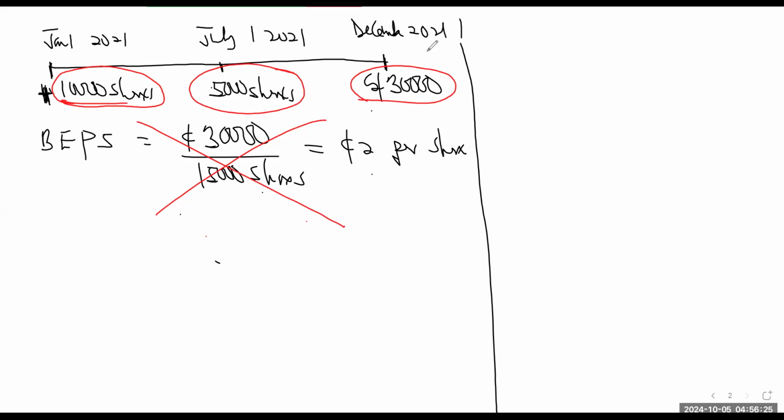No, it's going to make only 6 months contribution to the profit, because the 5,000 has been there for only 6 months. So we cannot make the full 5,000 available for distribution. So this is what we are calling the weighted average